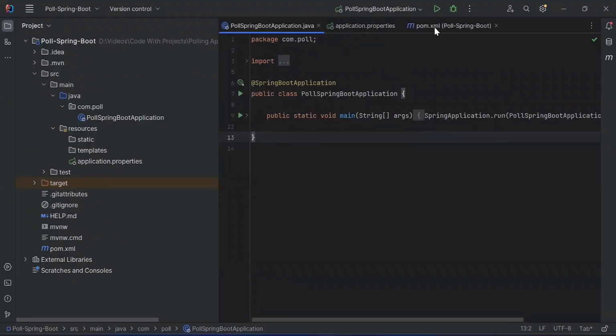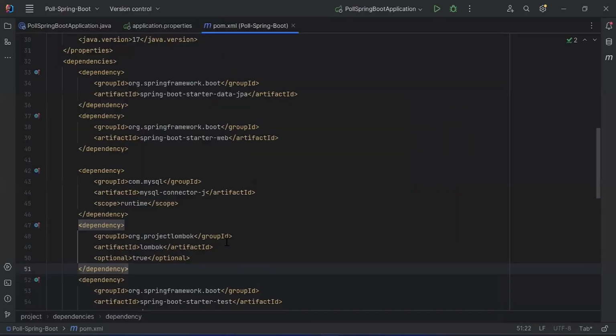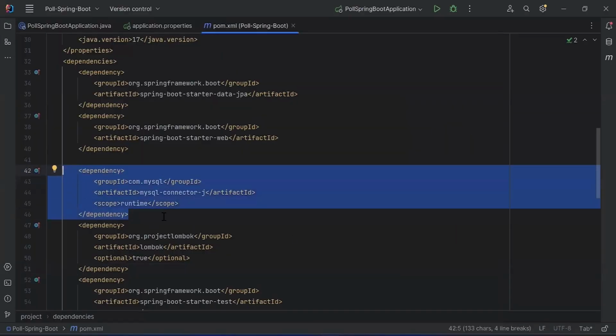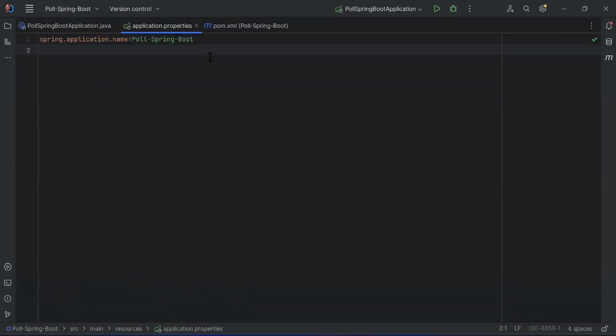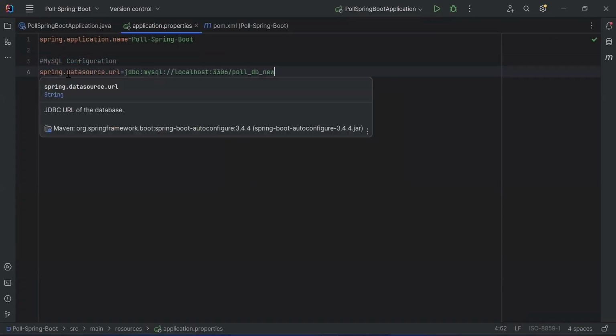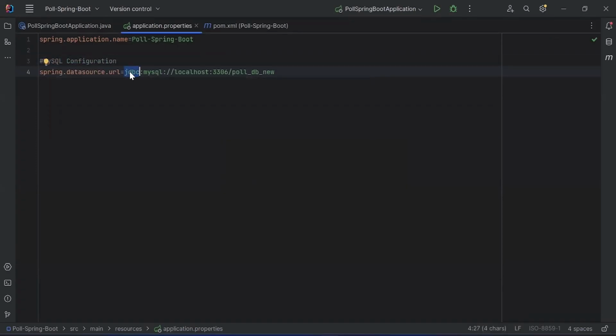After creating the schema, I'm going to add the configuration. Before adding the configuration, let me open pom.xml. As you can see, the dependency for the MySQL connector. Now let me open application.properties. Let me add a comment, MySQL configuration. First we have the data source URL, jdbc colon mysql colon slash slash localhost colon 3306, where we have the port. After the slash we have the schema name, poll_db_new, that we created